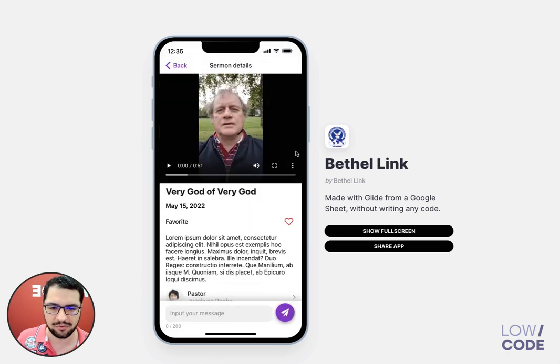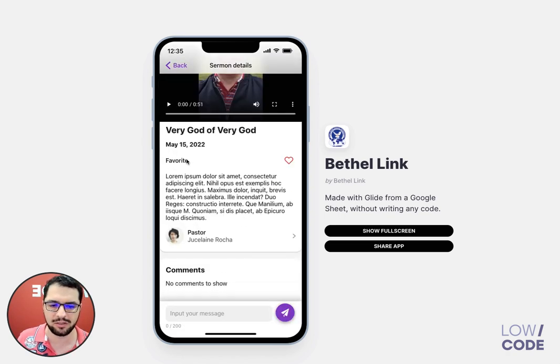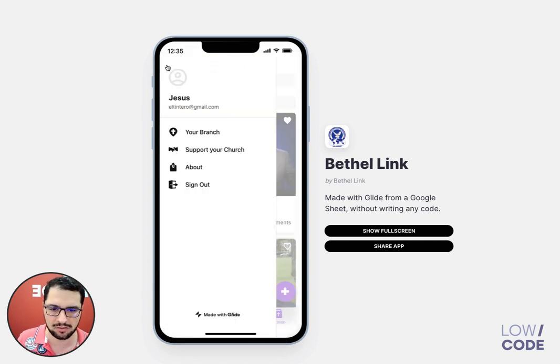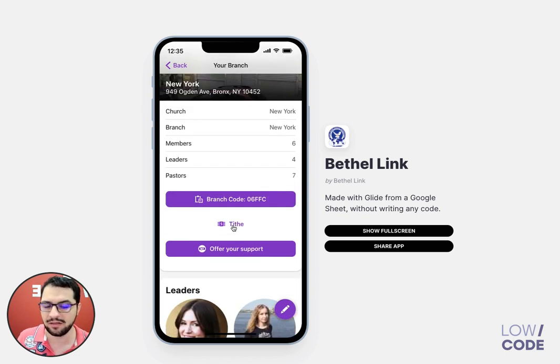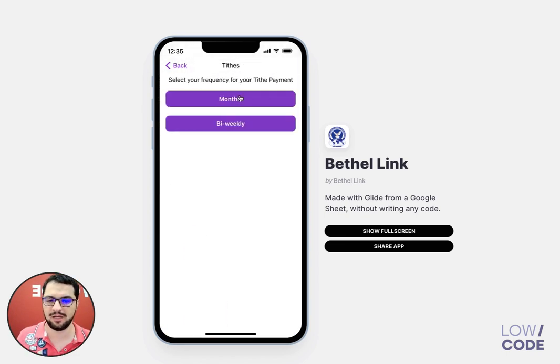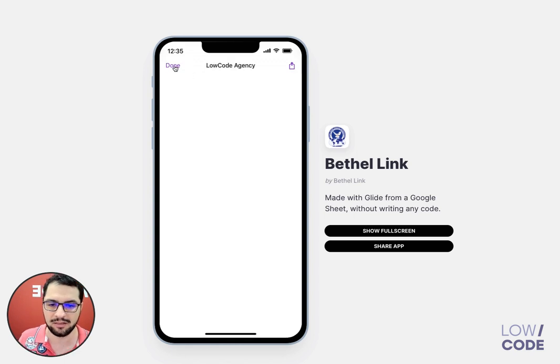So I can see the sermons, the videos that have been uploaded. I can add them to my favorites. I can see the pastor, and I can add comments to these sermons. I have the details for my branch, right? So my branch code. Then something pretty cool, we have this tithing setup where we can either, in this case,